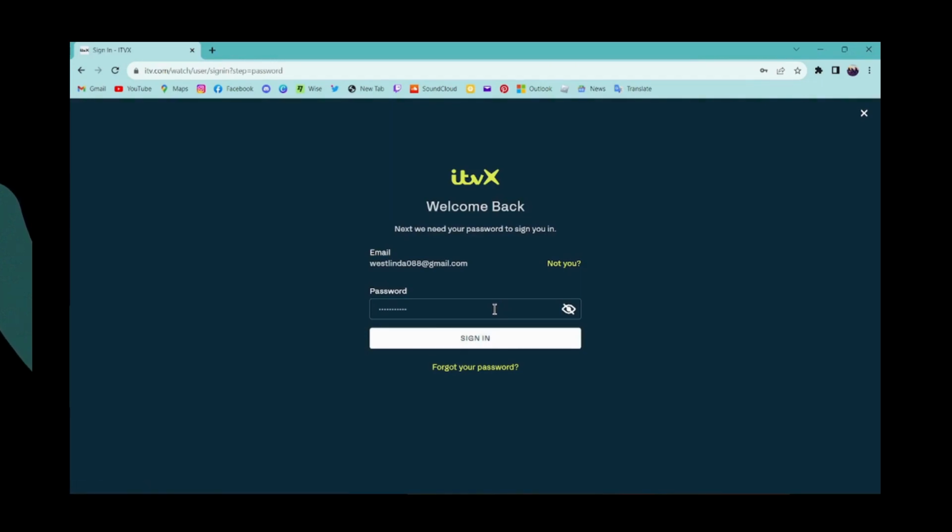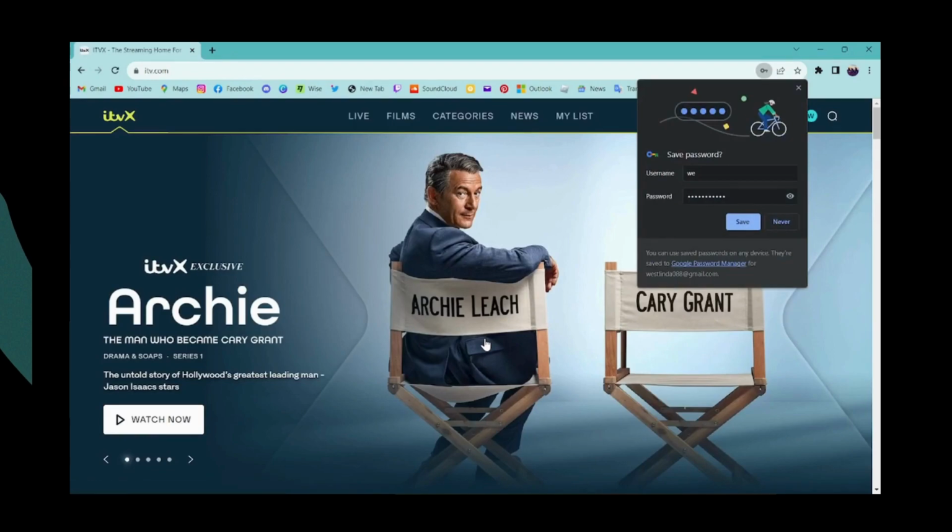But if you don't remember your password, then simply go for forgot your password and then you can reset your password. But if you remember your password, then simply enter it and then click on sign in. And that's it. That's how you log into your